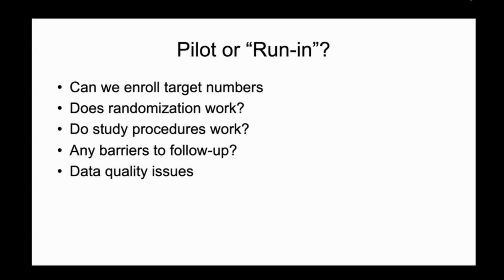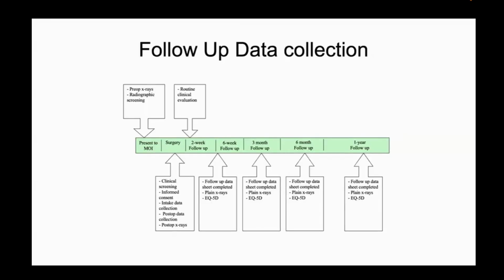You need to look at whether your randomization works, whether the randomization is truly concealed and is allocated properly. You need to see whether your study procedures are working. Are the ways in which you're implementing the surgical treatments that you might be randomizing patients to actually working as expected? Are there barriers to follow-up, and how can those be overcome? And data quality issues will certainly arise, and you need to be able to detect those and correct them in real time. So this is how the follow-up schedule for our patients enrolled in our open tibia trial looked,